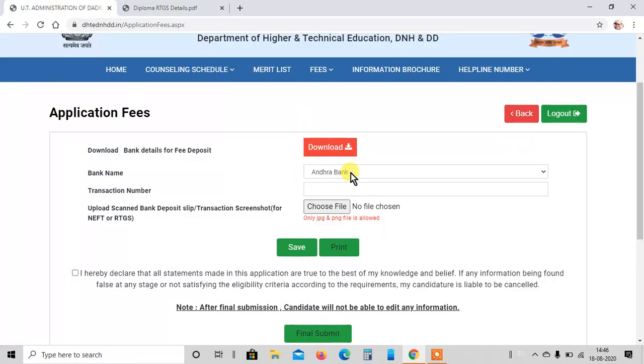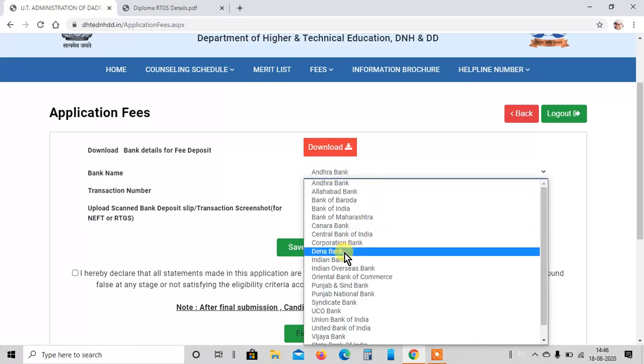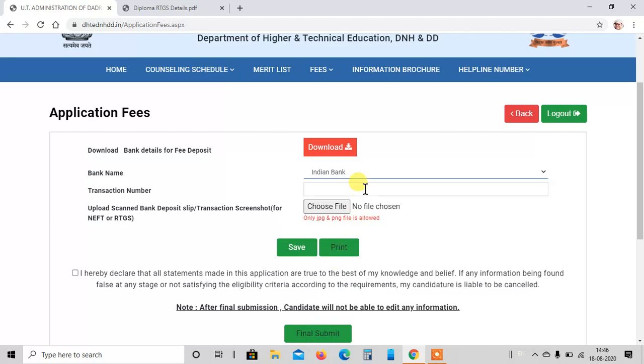When you are done with the deposition of your fees, scan the challan and save it to the local drive and then provide details here. Let us say Indian Bank.